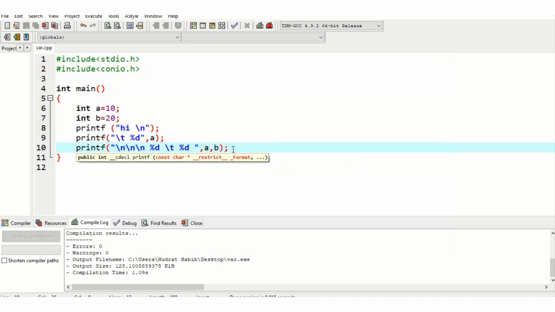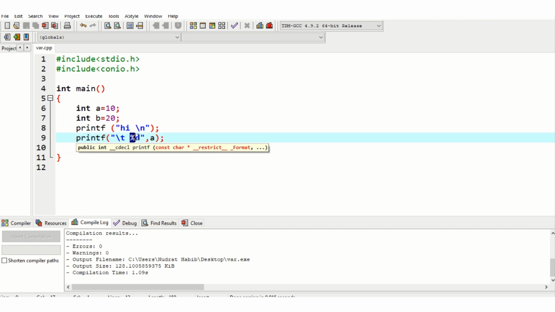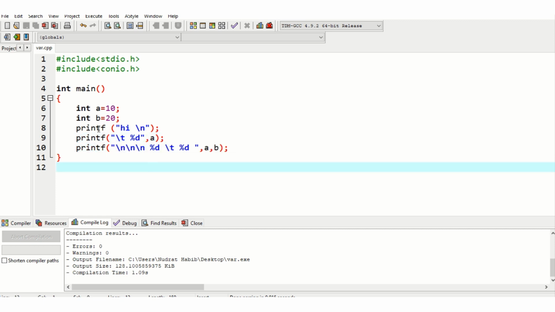All right, so we discussed the escape sequence, we discussed the conversion specifier, and we discussed the printf statement. With the printf statement, if you want to display a message, you just write the message inside your quotes. If you want to display a variable, you write the placeholder and its data type, and then you give the argument, the name of the variable, as a parameter. This is the printf statement.